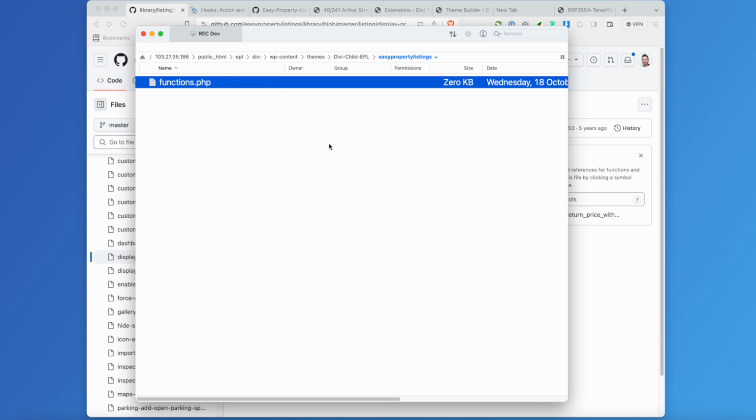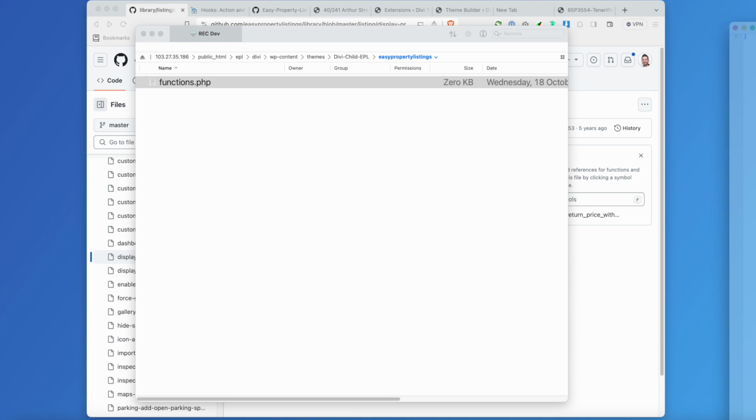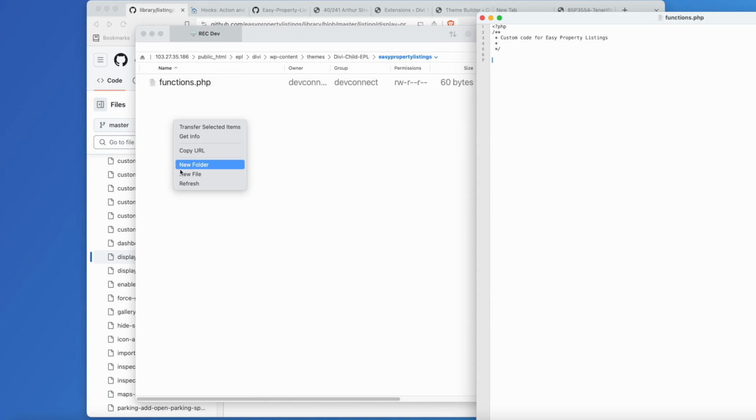I'm going to edit that and put in PHP. I'm going to just give it a little comment. Custom code for Easy Property Listings or something. Comments are great. Always have comments. Okay, and then I'm going to add that little function. Actually, I'll just save first. That does nothing. We also support, by default, a new file, and we'll call it